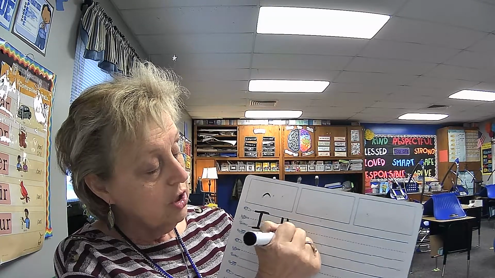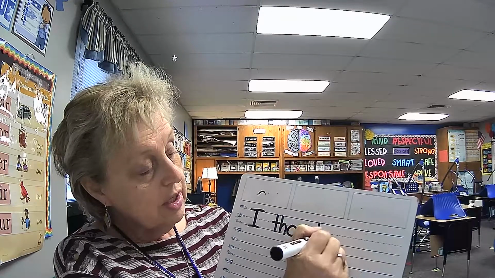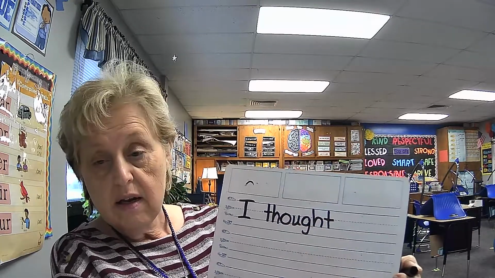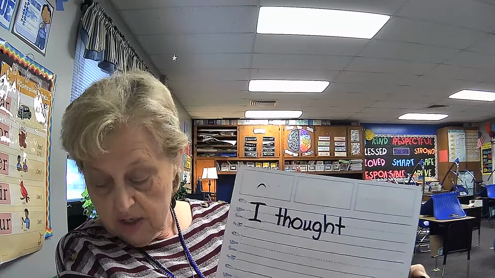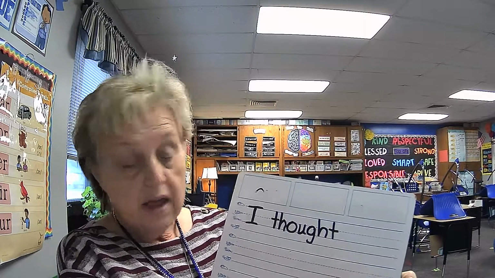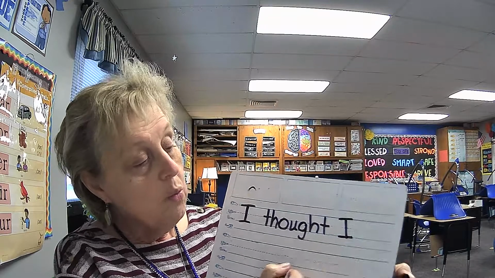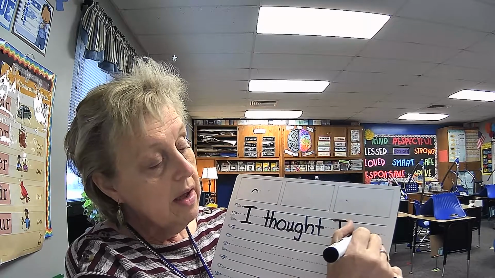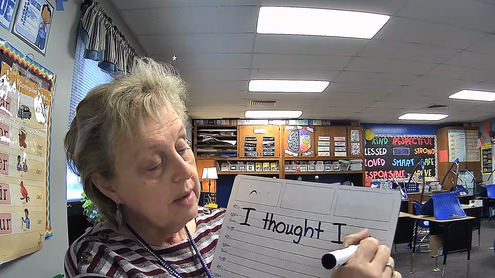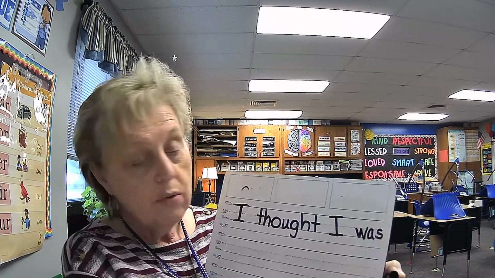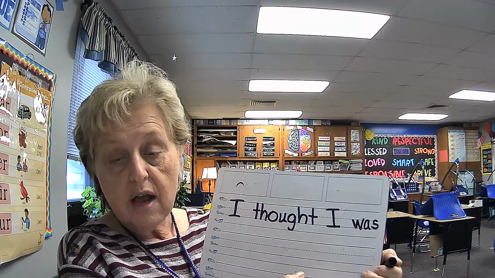Make sure it's a capital I. Thought, ooh, we practiced that one, T-H-O-U-G-H-T, thought. I thought I was, now was is a trick word, W-A-S, was. I thought I was